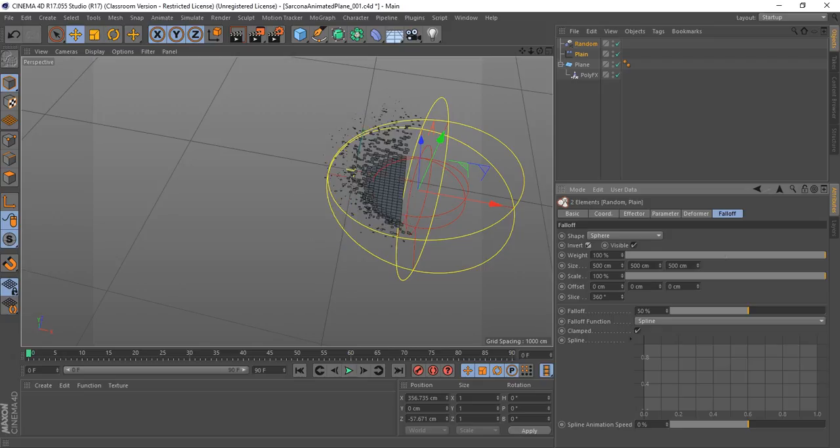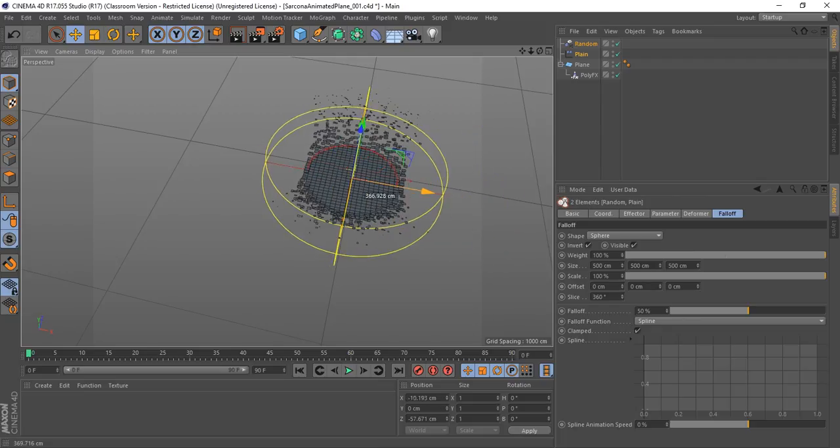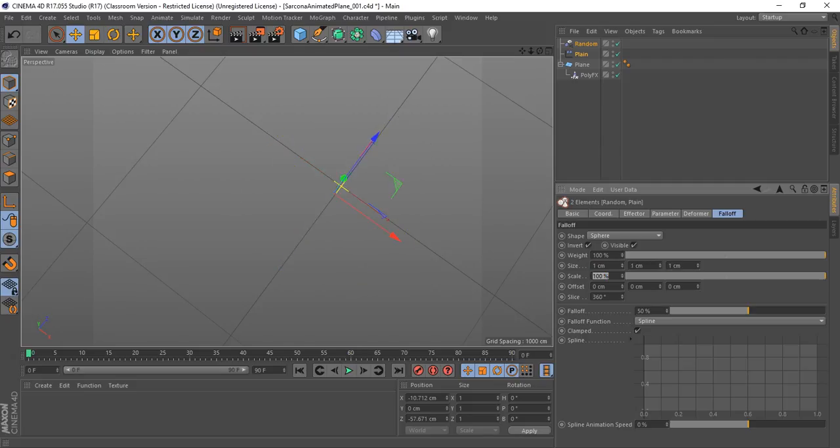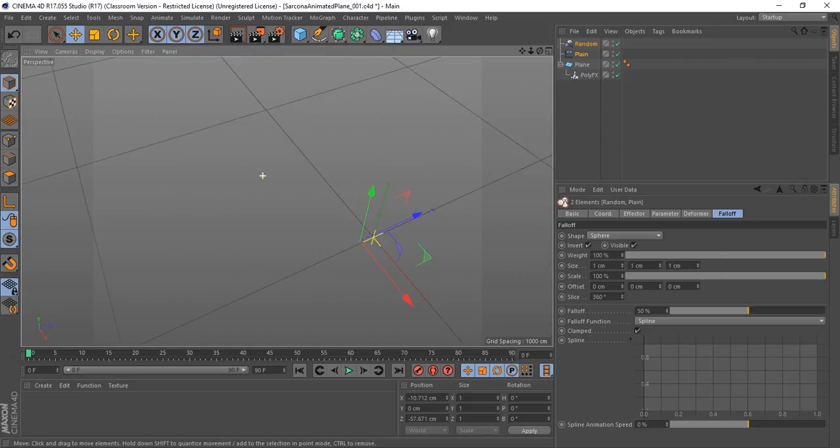Okay, and what inverting means is before everything inside the sphere was being affected, now everything outside the sphere gets affected. Now where this is cool is because we can basically create these shapes in the center that will get built. So if I take my size of this down to, let's say, 1, 1, and 1, we'll see nothing on the screen. But then as it gets bigger,